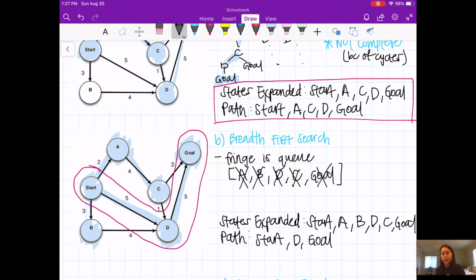So now let's analyze the characteristics of whether the search is complete or optimal. In general, this search is complete because it looks through each layer and considers all branches before moving on to the next step in the path. So that's why breadth first search is complete. However, it is not optimal.